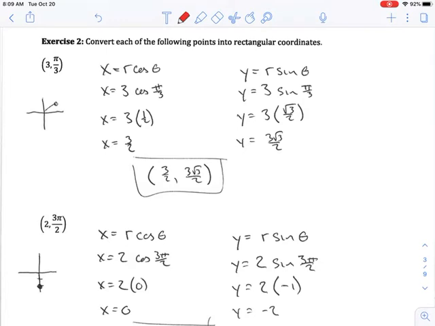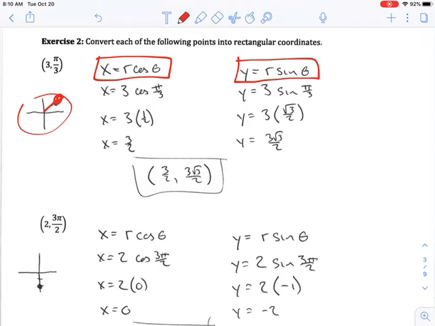So we are starting off with a radius and an angle, and so we want to convert them into x and y. And so again, I'm just going to draw myself a little sketch. I know that an angle of pi over 3, which is approximately 60 degrees, is going to be over here in the first quadrant. So I'm looking for a positive x and a positive y value. And so plugging those into a relationship, x equals r cosine of theta, and y equals r sine of theta,